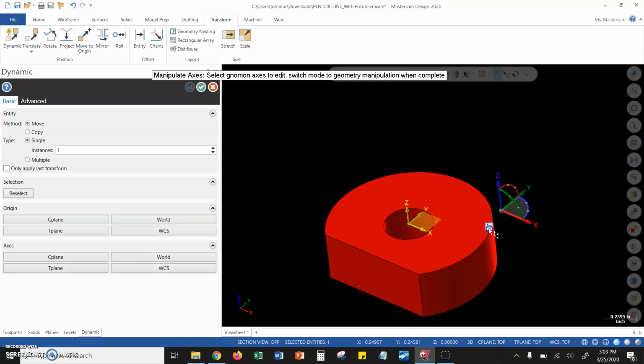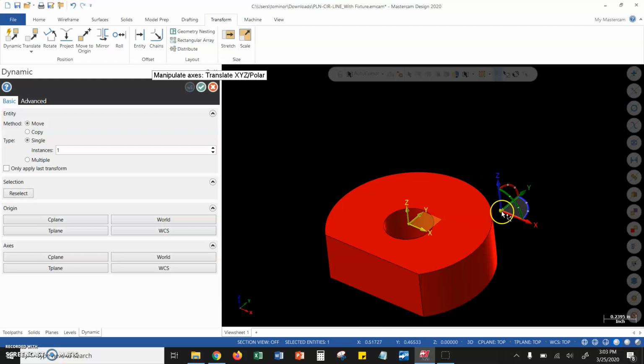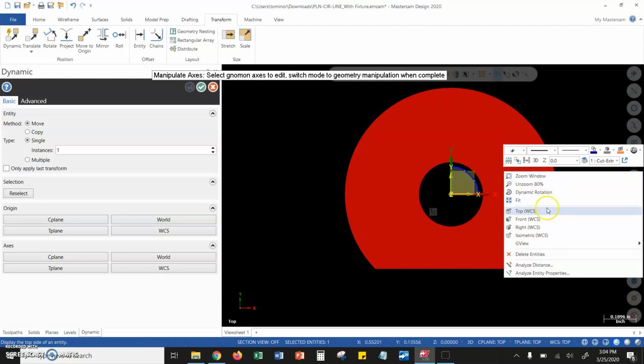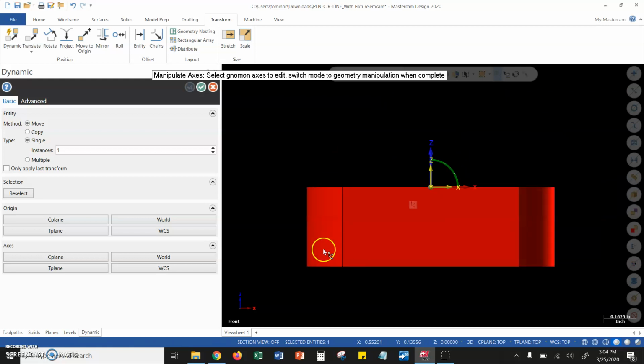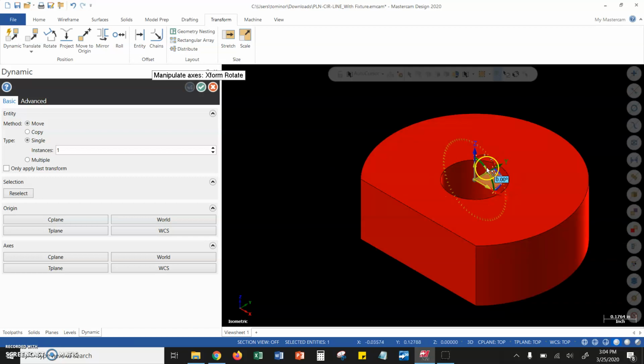So now that we're clear on that, let's plant this gnomon back over at the center of the part, and let's start manipulating the part a little bit. So we would assume that when we put a part on the machine, that it would sit perfectly flush on the fixture, and if you looked directly down at the part as the probe looks at it, you would see something like what we see here, and if you were looking perfectly from the front view, you would see this. But in the real world, a lot of times you put the part down on the fixture plate, and